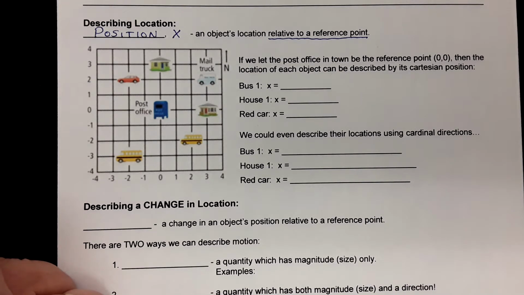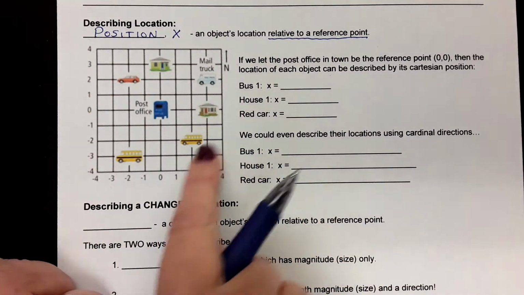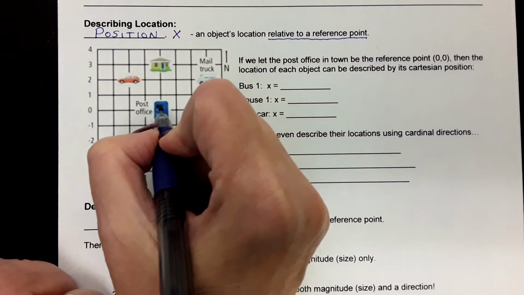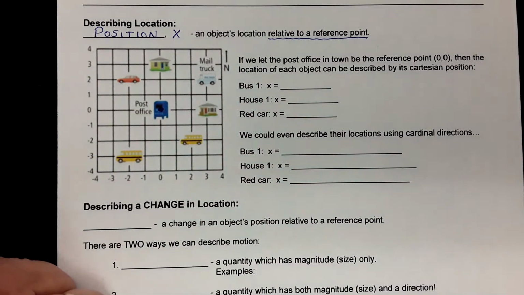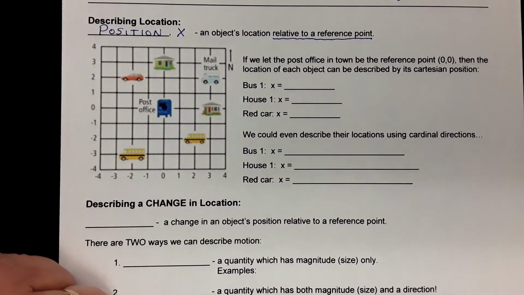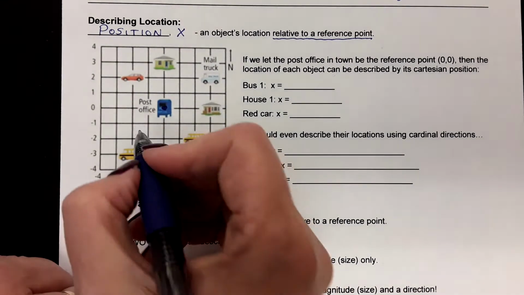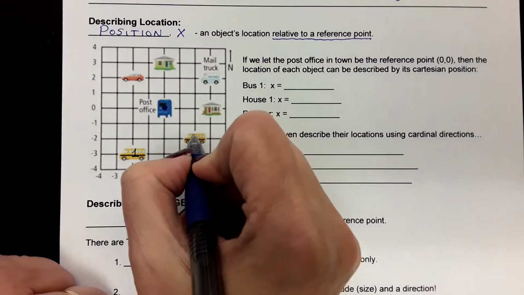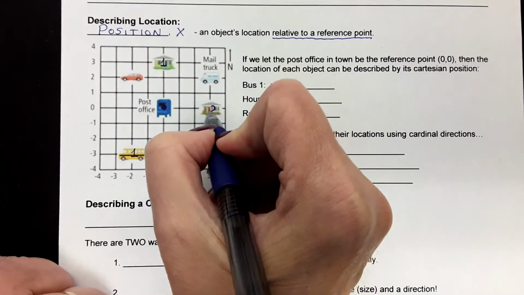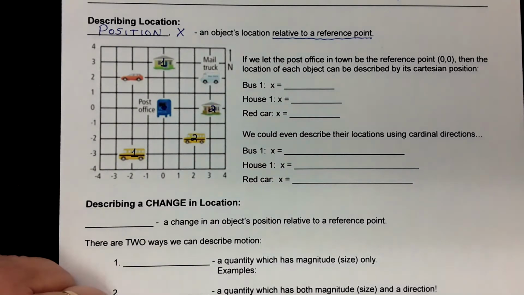Let's look at an example of what I'm talking about. Here I have a grid of a town, and we're going to take the post office to be the center of the grid, 0, 0. And other things around town can be described, their location, their position can be described relative to the location of the post office. Okay? I'm going to call this bus 1, and this is bus 2. This is house 1, and this is house 2, and then we've got the mail truck and we've got a red car. Okay? So now what we're going to do first is describe the position of some of these objects on this grid